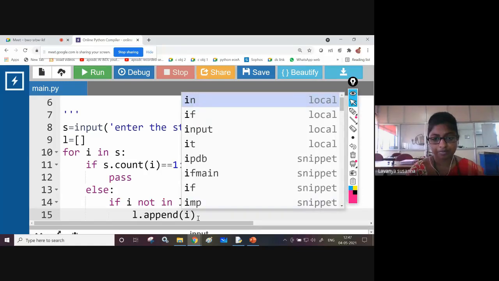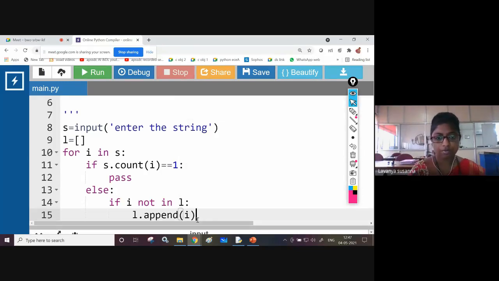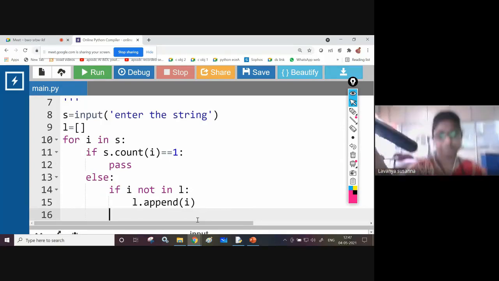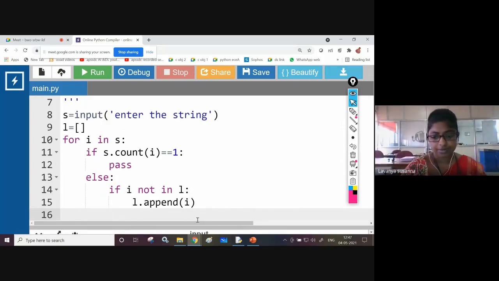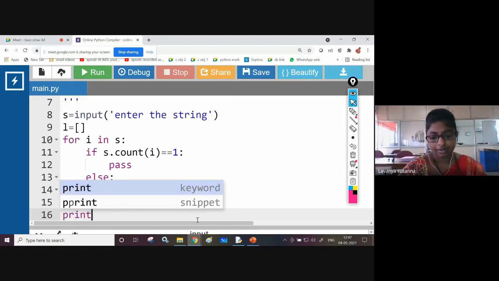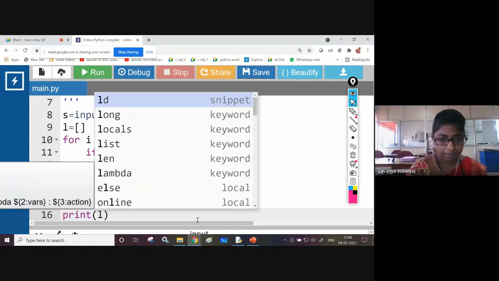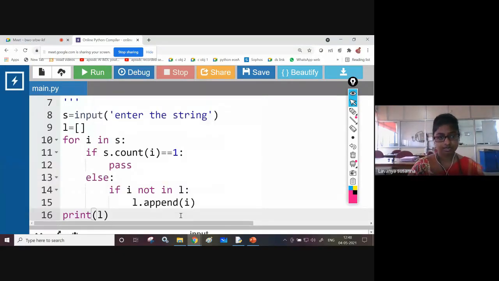Okay, I'll execute and I'll show you. Now what you need to do is print L, the last statement after the for. Print L.